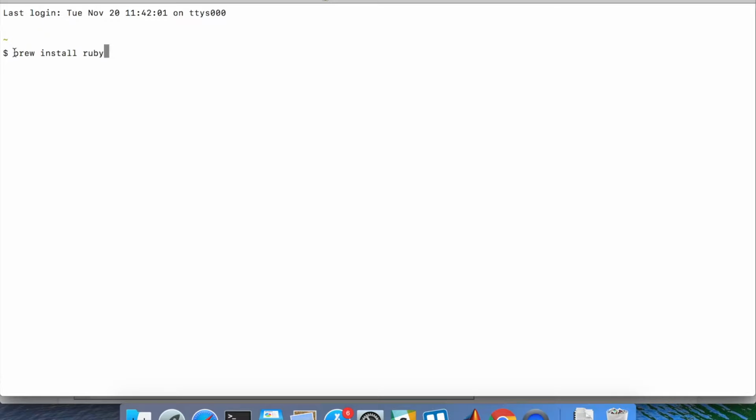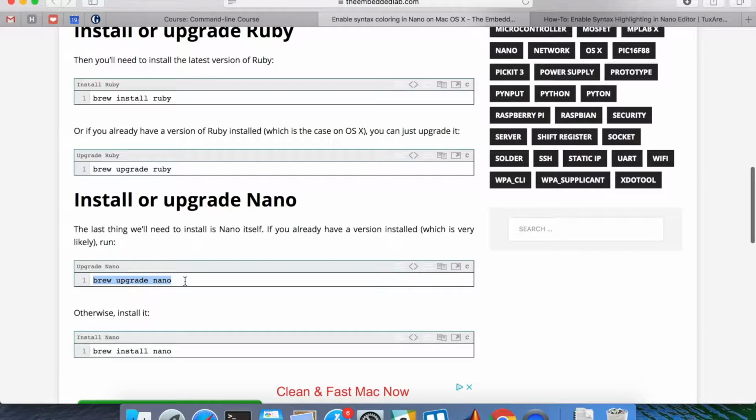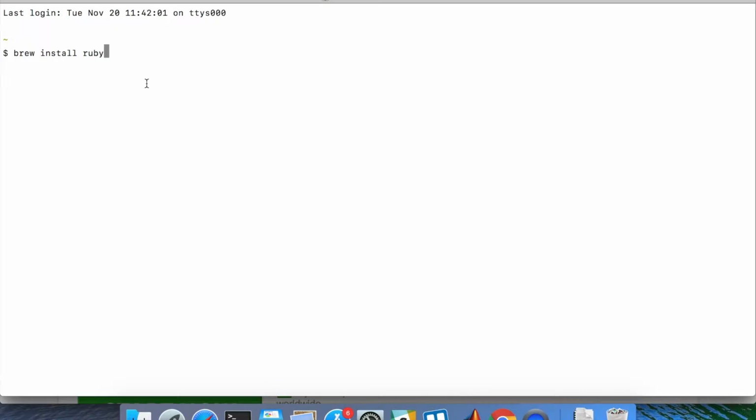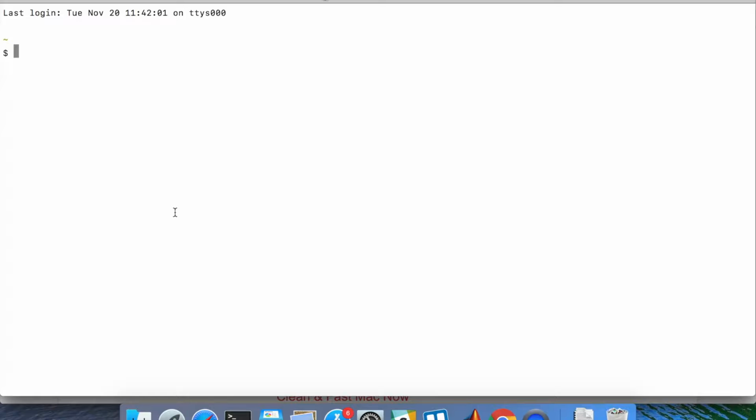So first go and brew install Ruby in your system, and then you can brew upgrade or brew install Nano depending on whether you have a Nano installation or not. And this Ruby installation and then the appropriate upgrading of Nano is going to bring the color highlighting files